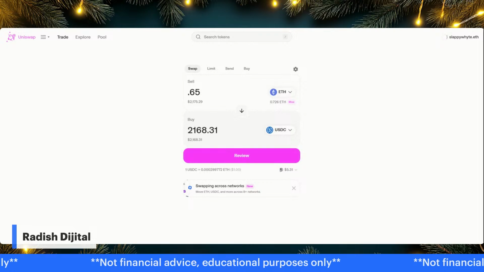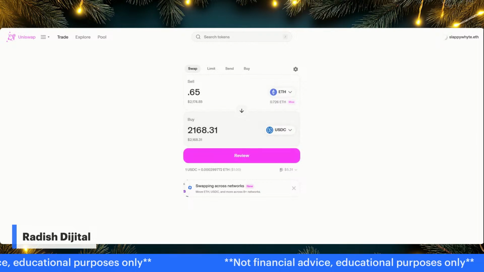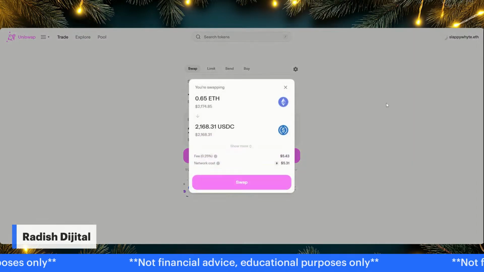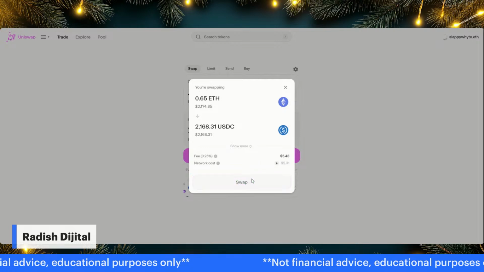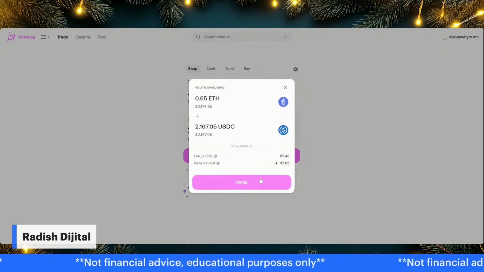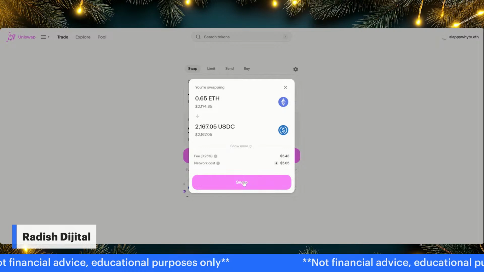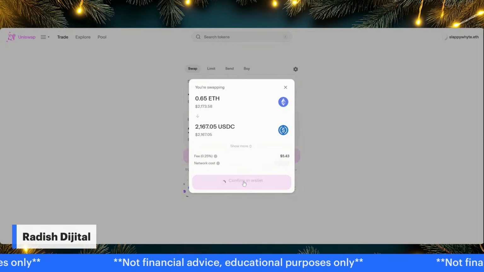All right, let's take a look. It's about a $5 gas fee right now. So we've got 0.65 plugged in there, and we connected my wallet up in the right-hand corner, Slappy White. The fee is 543, and then the network cost is 543. All right, look good, Hen? Good to swap? Looks good. All right, let's go ahead and swap this baby.